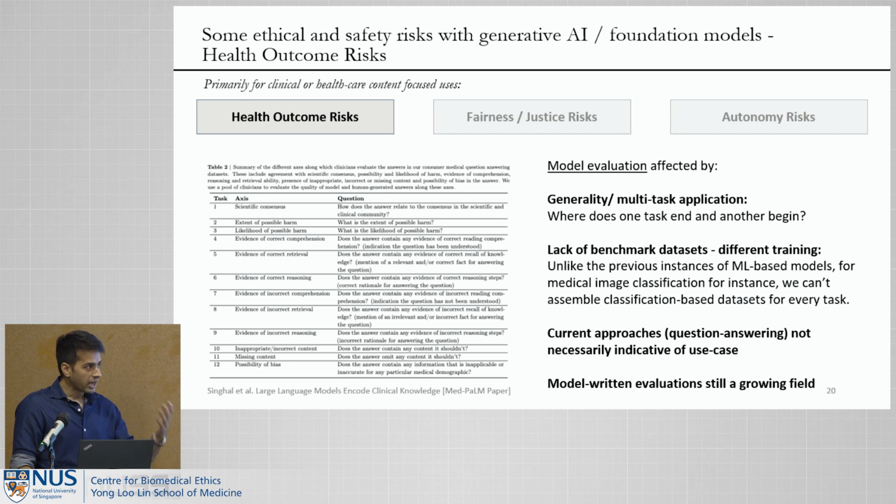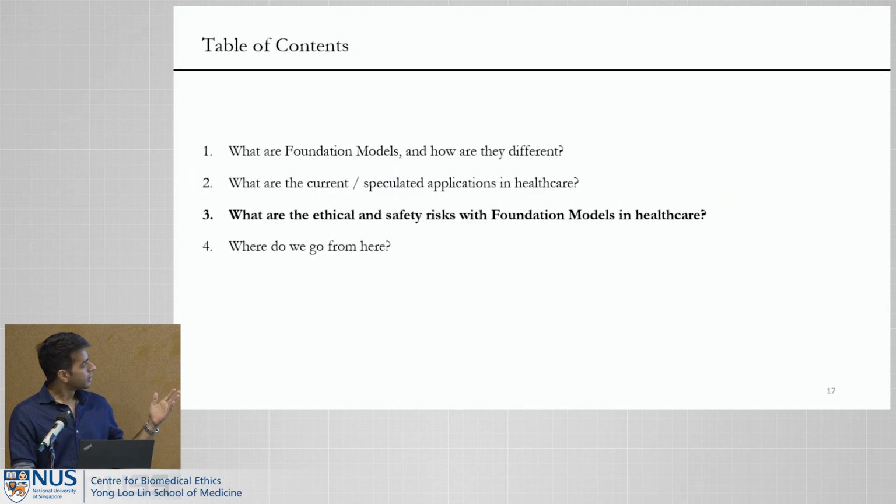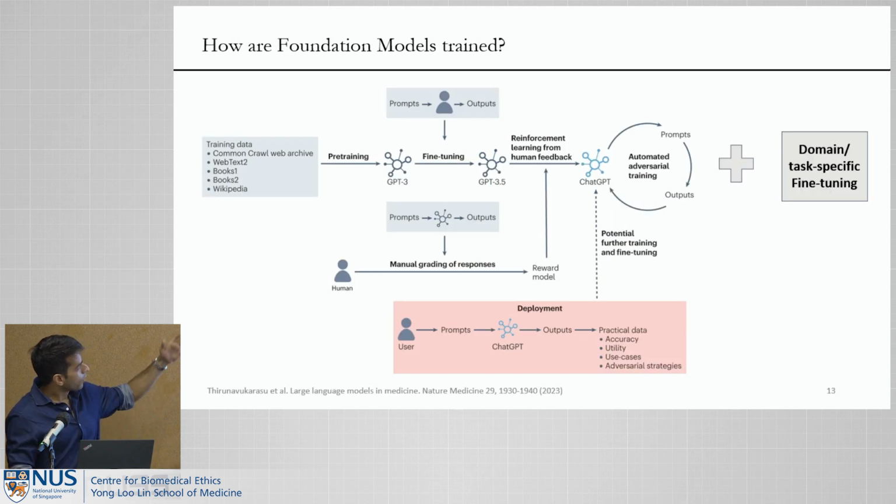And through that, you would at least get some idea of what the performance would be. And you could assemble more images such as that with disease X absent or present, and you could test it even further, and you would get more validation of model performance. That's not exactly how these models are built, but more importantly, that's not how these models are used. So how models are trained, if you recall this slide, is they're trained on a wide variety of data, and they are then fine-tuned much more specifically around some bits of medical data, etc.